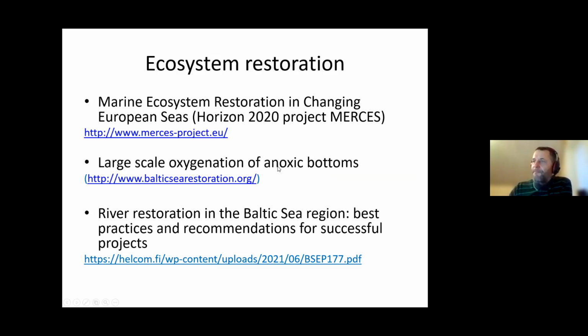There are some plans on large-scale oxygenation of anoxic bottoms, but this is basically changing the conditions of the sea, and you need to be very careful when starting to do this, because you probably don't know where you finally end up by the end of the day. But there are some initiatives and no actions as yet. While there are already relatively advanced actions,